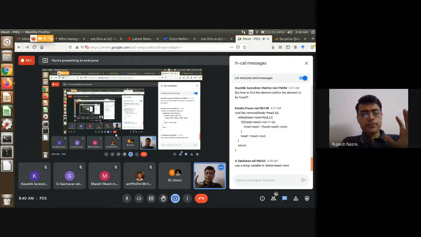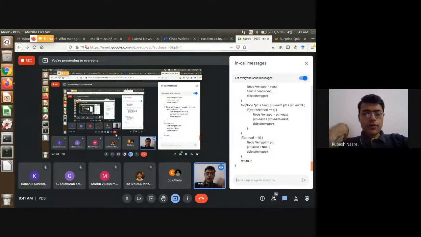Think about three things. One is the list is empty. The element is at the start, therefore head needs to change. And the element is at the end, in which case you have to worry about whether you are accessing that element or not. Otherwise, almost all the cases get covered by the regular case. Okay, and that is likely to be useful for all our further discussion also, whether we talk about trees, etc.